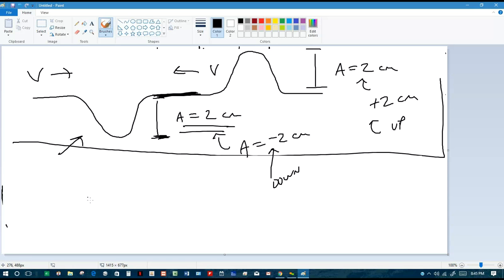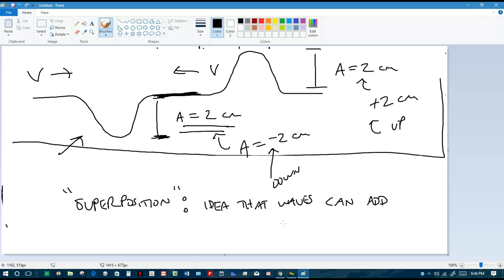And there's another word here. It's called superposition. It is the idea that waves can add when in the same spot in space. So when 2 waves are traveling through space, they can be at the same point at the same time. And the idea of what's called superposition is that,